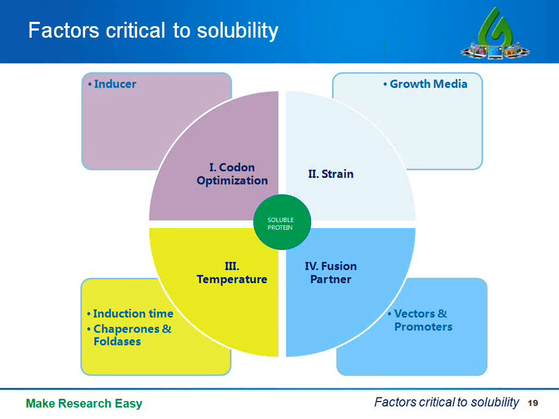So basically, the factors in this circle are what we think are the most important ones that one should focus upon, and the factors in the rectangles in the corners are auxiliary factors that are important but are not as important as the core factors. So in no order of preference, the most important factors that impact recombinant protein solubility are codon optimization, E. coli strain, induction temperature, and a suitable fusion partner. The auxiliary factors include inducer concentration, growth media, promoters, and the often overlooked but important aspect of induction duration.